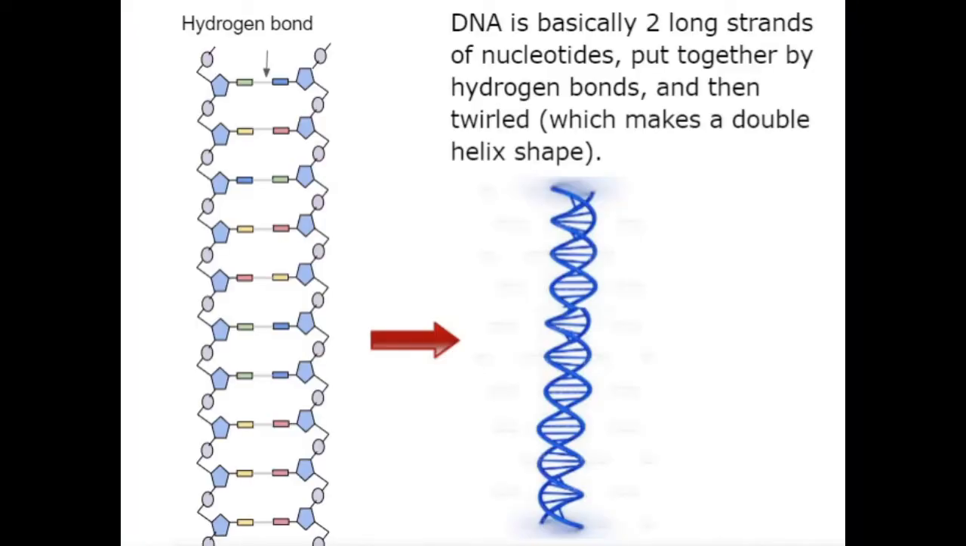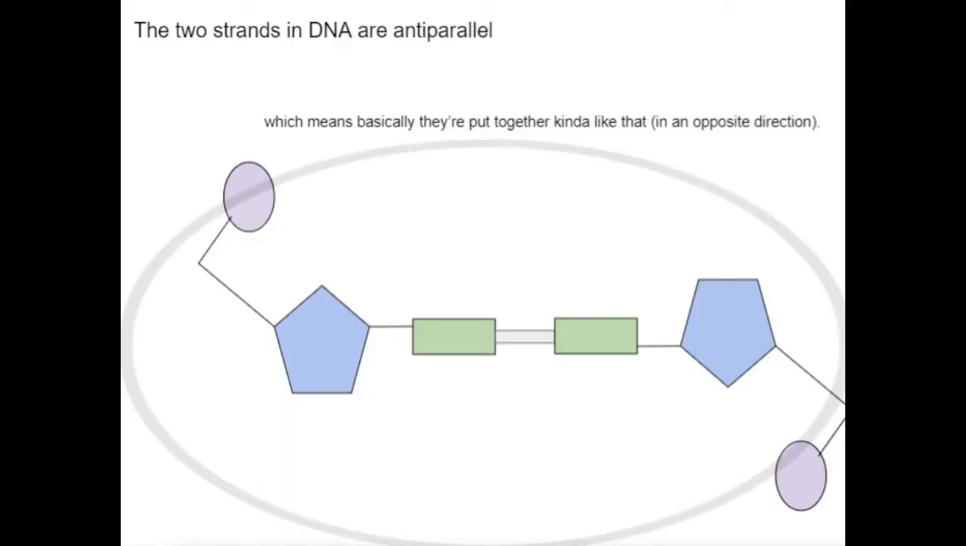Alright, back to DNA. DNA is basically two long strands of nucleotides put together by hydrogen bonds and then twirled, which makes a double helix shape. The sides of DNA are the phosphate groups and the deoxyribose sugar, and the middle part is bases. The two strands in DNA are anti-parallel, which means they are put together kind of like this,